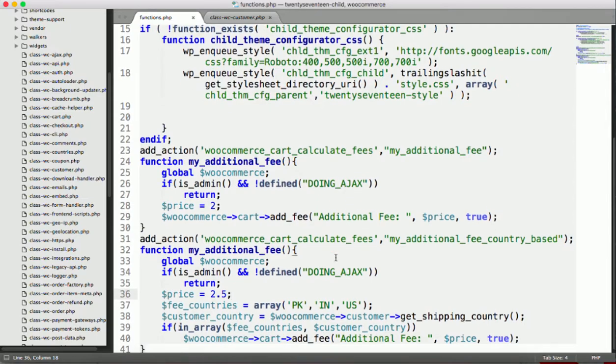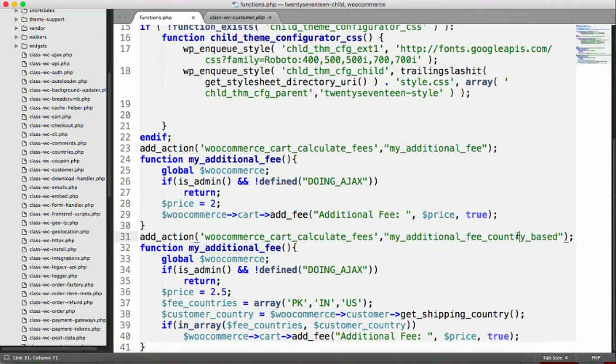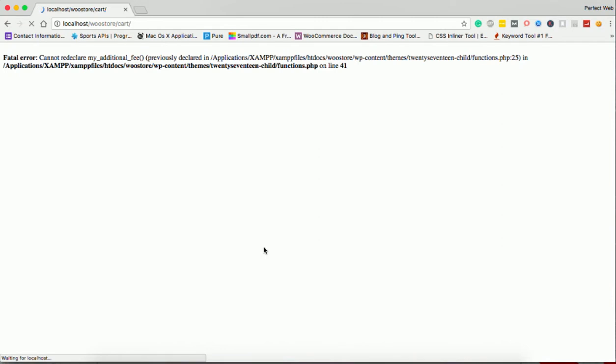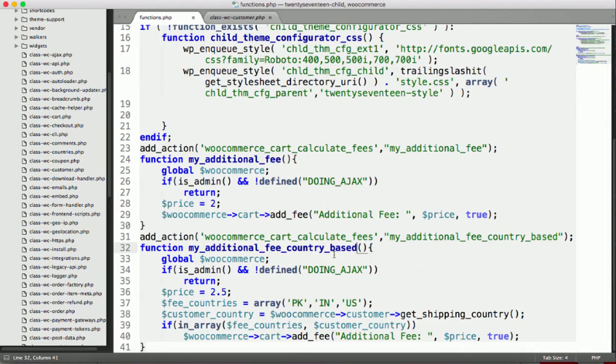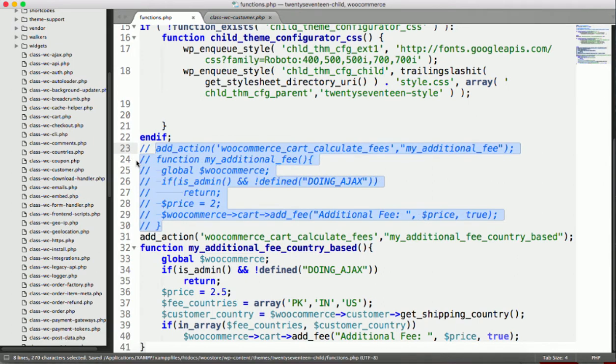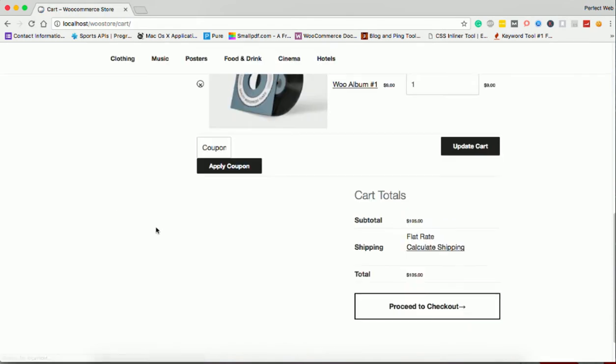Sorry, I think I just missed the function name, and now you see there is $2 showing, 2.5. Yeah, we have calculated two shipping fees. It's implementing this one, so we need to disable this one. Sorry for that. So now you see there is no additional fee charged here.